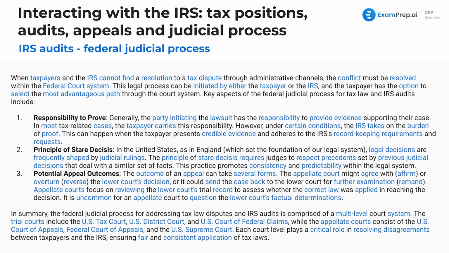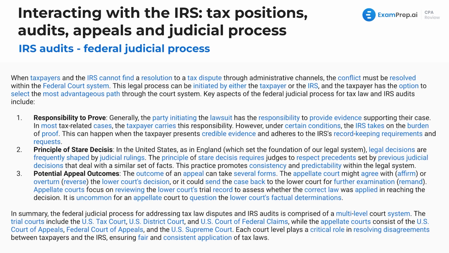Legal decisions are frequently shaped by judicial rulings. So stare decisis, basically, the rules that we use for our law were set by some judge in the past. But again, it's defined by our past. Many laws that we follow, whether you like them or not, were initiated by some sort of judge or the rulings by those judges. When it comes to, for example, prohibition, dealing with banning all alcohol, that was a decision made by a judge in a court, and boom, Supreme Court decided no more alcohol,